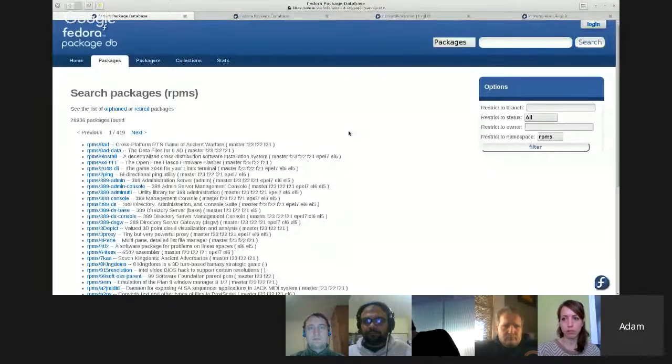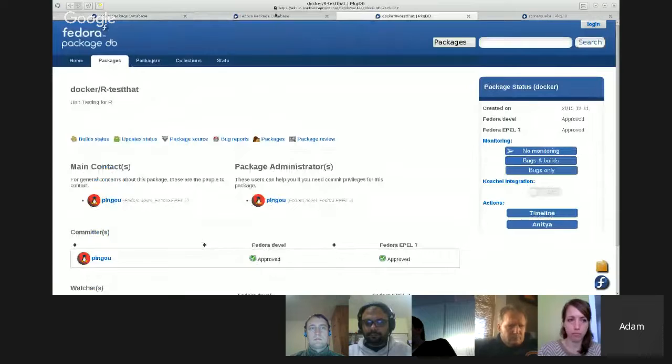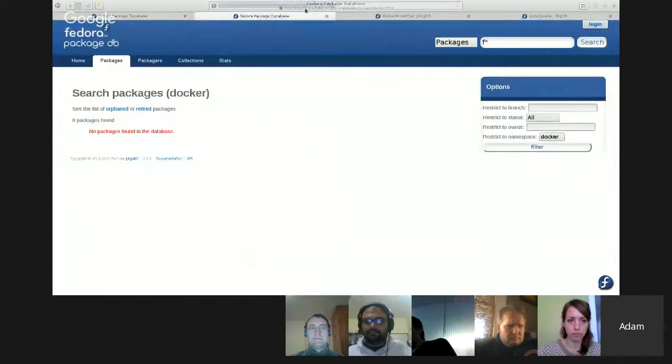Right. Okay, can everybody see a web browser? Yes. Okay. So this is package-db, and one of the new things that you'll note here is there's a kind of a prefix in directory structure. So there's RPM / 0ID all the way down. And then we can also look for the bulk of Docker packages, which